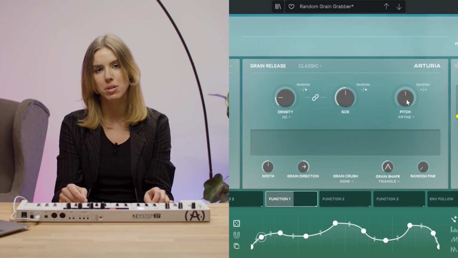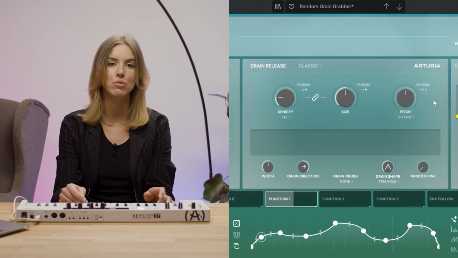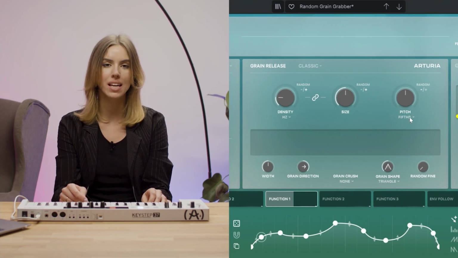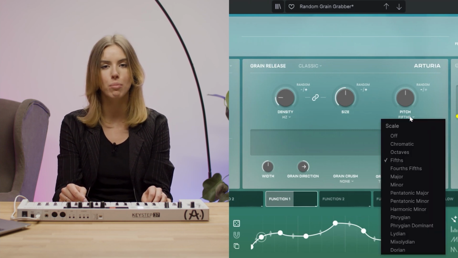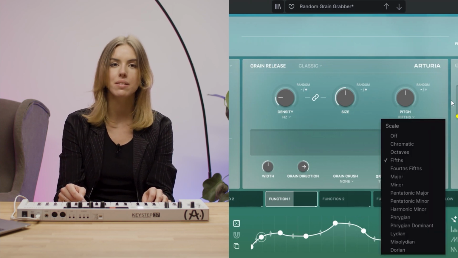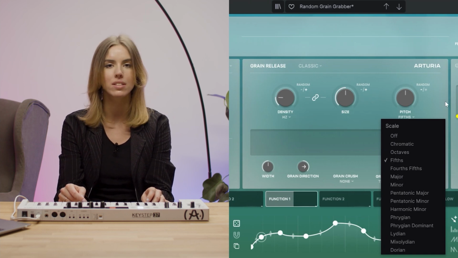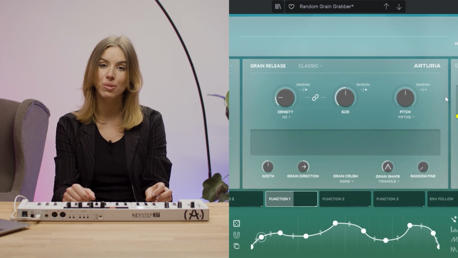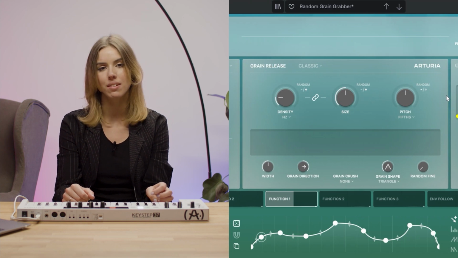It can affect the pitch of the granulated audio in many different ways, allowing you to tap into a huge scope of creative outcomes. Thanks to the scale drop-down menu, the pitch of the grains can be altered chromatically, in octaves, and in many other scales, such as major, minor, Dorian, Lydian, Phrygian, or Mixolydian. This is a great tool because it allows you to create different layers of sound very easily.